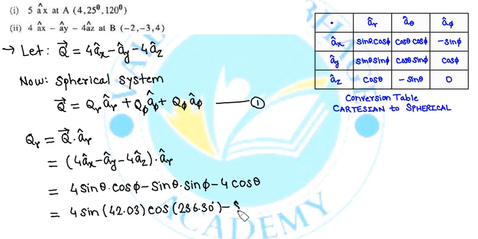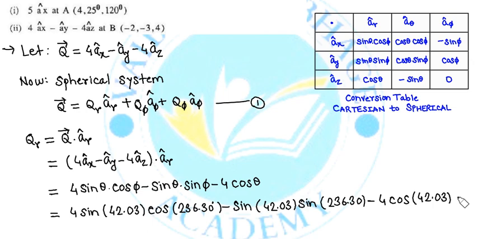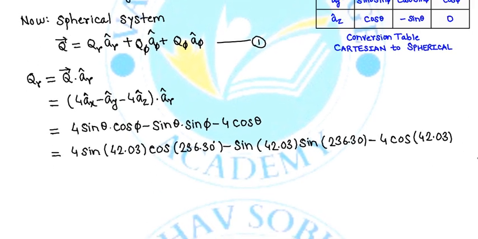Then again put the value of theta over here, sine of 42.03, sine phi, where phi is equal to 236.30, minus 4 cos of theta, and theta value is 42.03. Now simplify that, and after simplification you will find that Qr